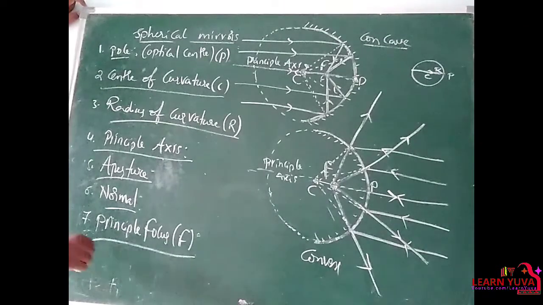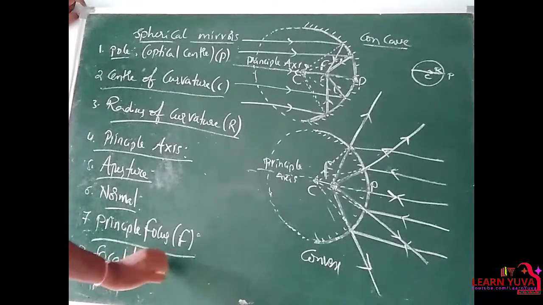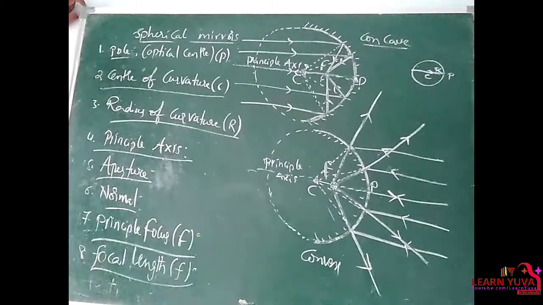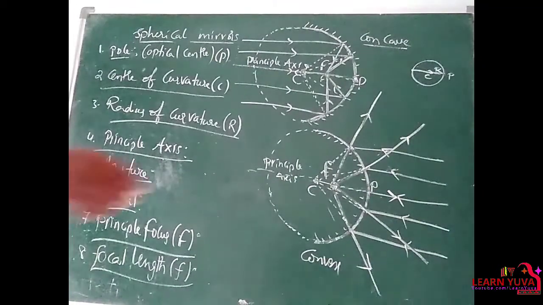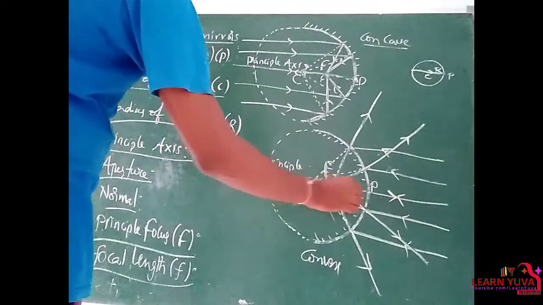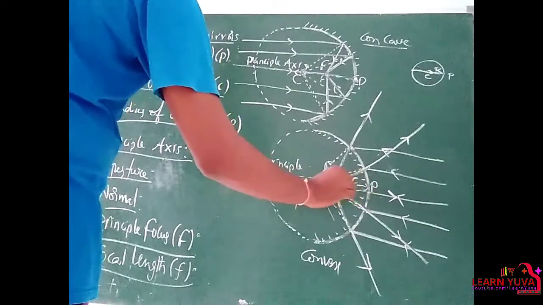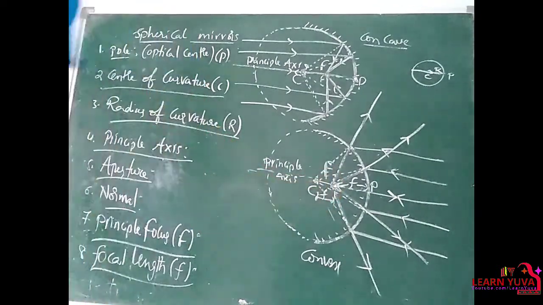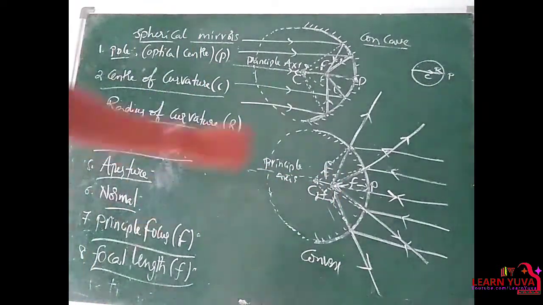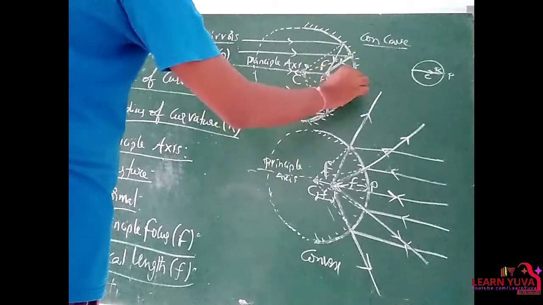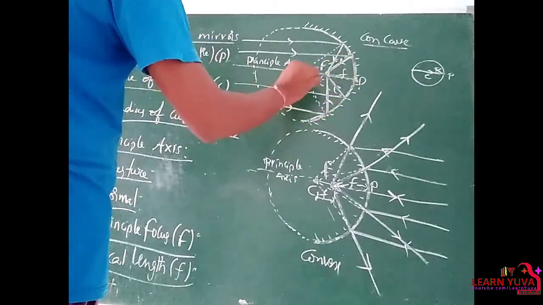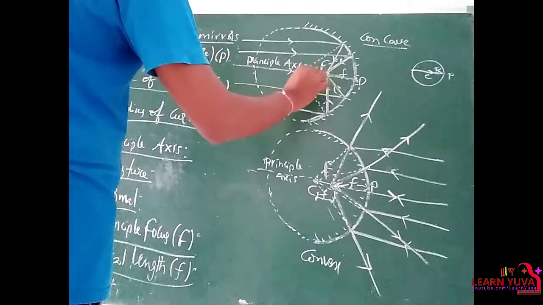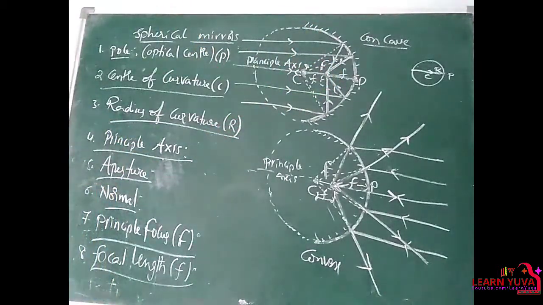Next one is focal length, denoted by small f. Focal length is nothing but the distance from principal focus to pole, or principal focus to center of curvature. Anyways, we can take that. This distance from principal focus to pole, or from center of curvature to principal focus, is nothing but F. That is nothing but focal length. It is denoted by